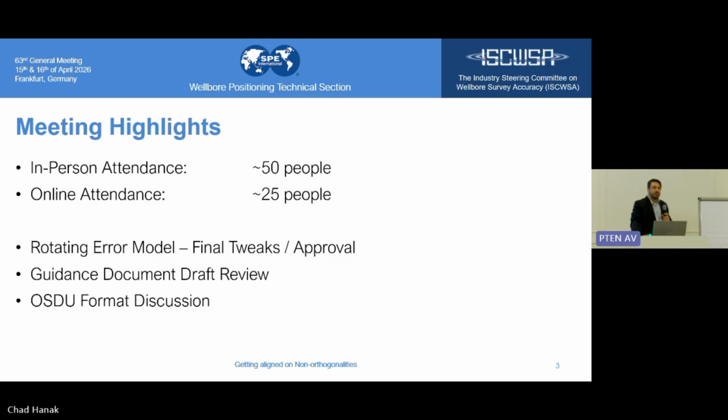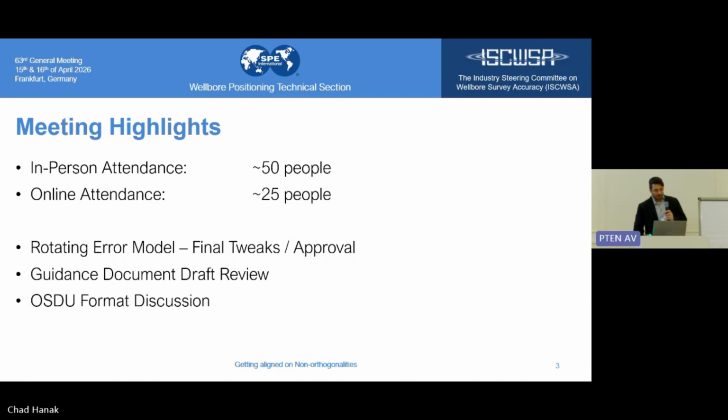And then also an update from Keith Ricky's brother Kyle on a format for exchanging error models that ostensibly came out of a request from the OSDU, but we think might also actually be what we want to do in the future as a committee for things like version control and